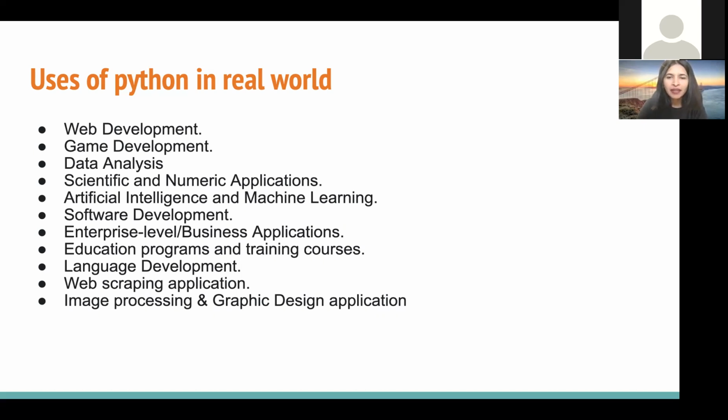Also, because Python is an open source language, what do we mean by open source? An open source language is something whose code base is available, and that language is free to use. So we can directly start using the language. And because it is open source, we can even use Python to create another new programming language. There are various examples where, using Python, various programming languages have already been developed that are already in the market.